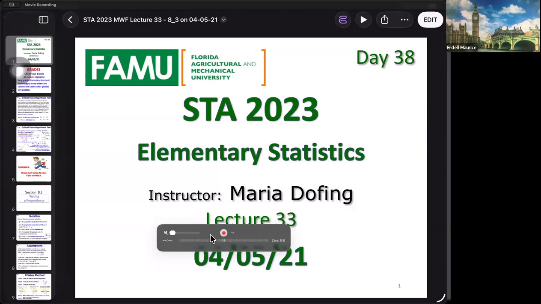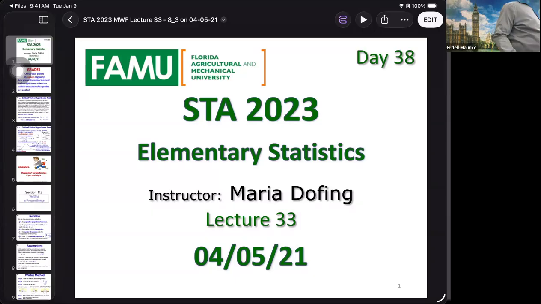We're in the last section. We have our test on Monday. Hopefully we can get through everything today. And so we are in the last section right here, 8.3. And 8.3 is